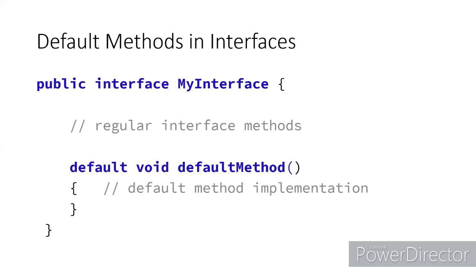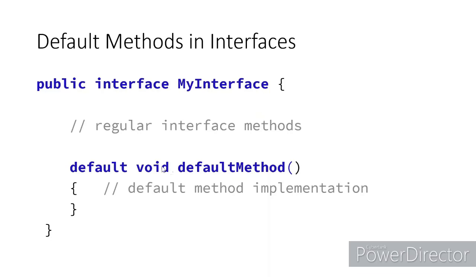Before Java 8, an interface could have only abstract methods. It was possible to have only abstract methods inside an interface, and whenever a class implemented any interface, it had to provide implementation for all the abstract methods in that interface. Apart from abstract methods, you could not have any other implemented method in an interface. But Java 8 added a provision to have a method which is implemented inside the interface, that is, a method with a proper body.